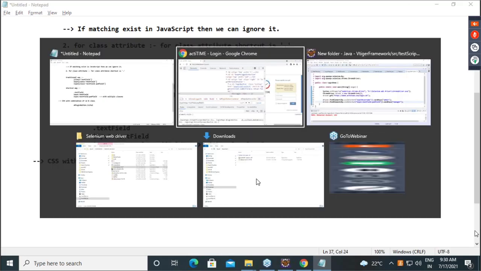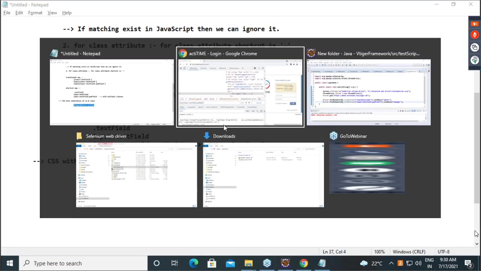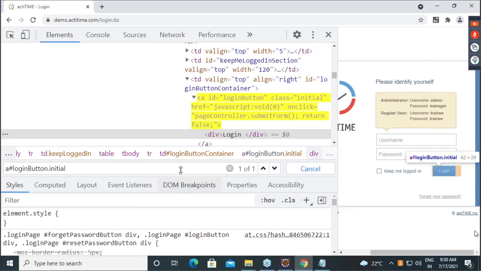I am just spelling INITIAL. Okay, if you check this, one of one. Is everyone clear on this? Confirm? Let's try.